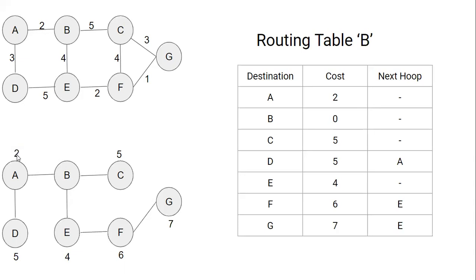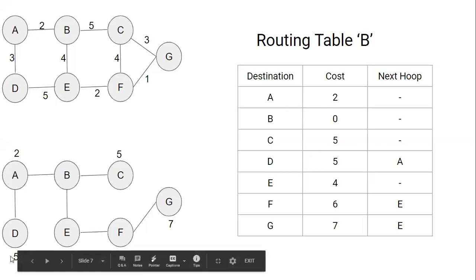I already explained you everything. So B to A is 2. Now B to B, it doesn't travel. Next B to C, is there any mediator here? No. And this is also the shortest path, so I have written directly 5, meaning B to C is 5 here. Next, A, B, C we have completed, now D. Is there any connection here? Nothing. So we have to directly travel through A only. So from B, to A and then to D we have to travel. Right? So what is the value here? B to A is 2 and A to D is 3. So 2 plus 3 is 5. I have written here 5.